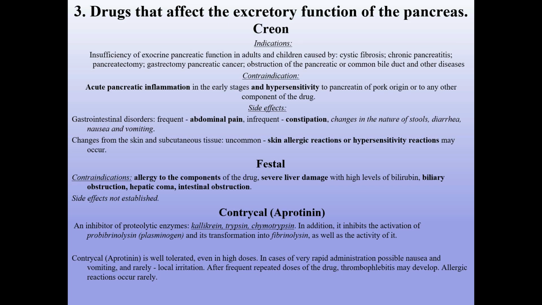As an example, creon, indications for use. Insufficiency of exocrine pancreatic function in adults and children caused by cystic fibrosis, chronic pancreatitis, pancreatectomy, gastrectomy, pancreatic cancer, obstruction of the pancreatic or common bile duct, and other diseases. Contraindication: acute pancreatic inflammation in the early stages and hypersensitivity to pancreatin of pork origin or to any other component